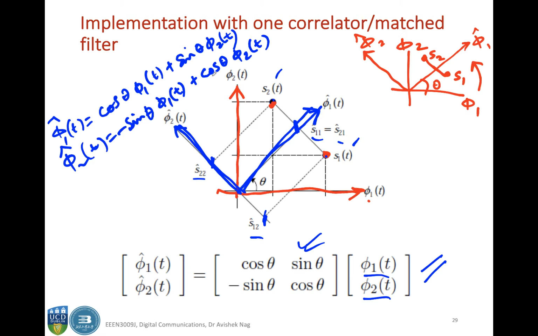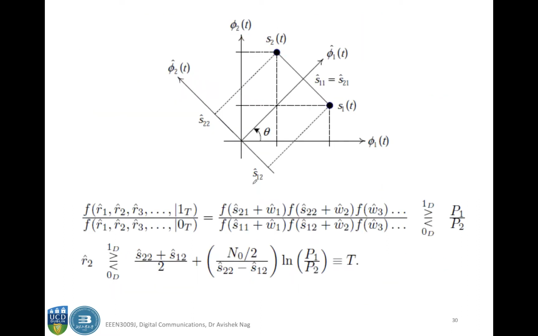So by this simple transformation, where theta is the angle of rotation, you can obtain two different orthonormal basis functions, which can represent the same signals, but geometrically these are represented in a different set of axes defined by phi 1 hat and phi 2 hat, where the signals have the same phi 1 hat component and different phi 2 hat components, and in that way you can have a single matched filter